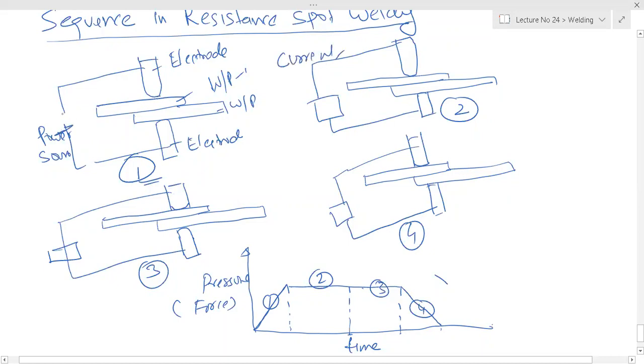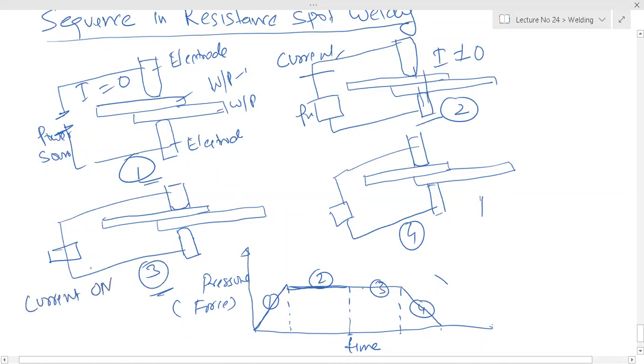Here there is no power initially, but now there will be power. There is a current flow, current will flow. Current is not equal to zero. Here current is equal to 0, and then current is on, right? Here current is on and pressure is on also. Current is on, here current is given, and third one is pressure is on and current is also on.